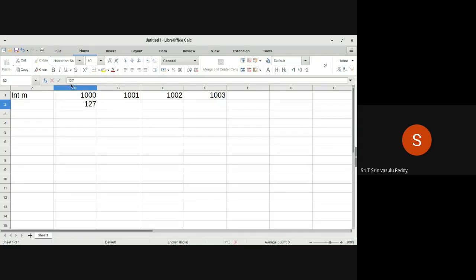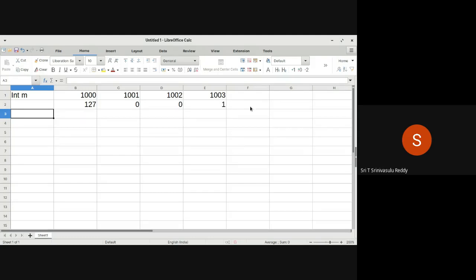One way of storing the value is like this: in the least significant address, you are storing the most significant byte. In the next address, you are storing the next byte, and in the highest address, you are storing the least significant value.